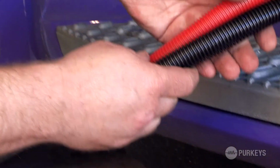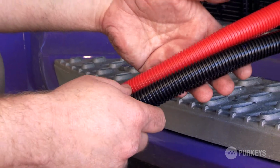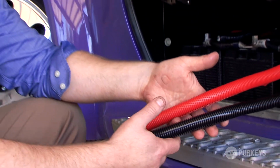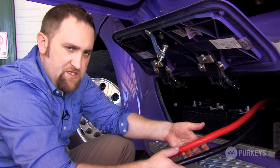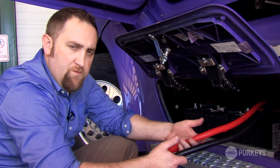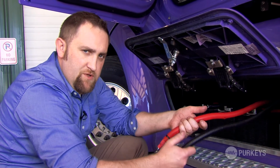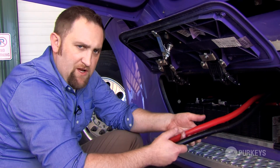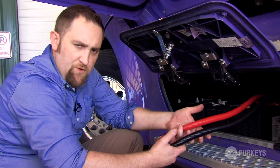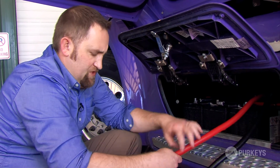A couple things to note on making your battery connections. The inverter has built-in capacitors, so when you're connecting to your batteries, you may see a spark. One thing you want to try to avoid is connecting your negative cable to the positive side and positive to the negative side. Reverse polarity. You could do damage to the inverter, so try to avoid that. But the first thing we want to do is